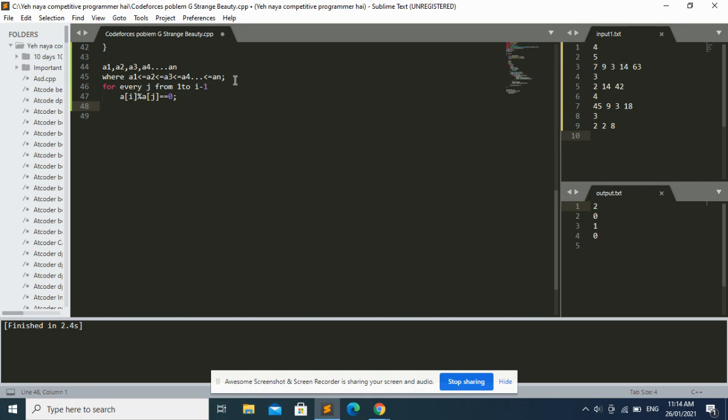My approach will be to find the length of the maximum array which is beautiful. If I can find the length of the maximum array, I will get the minimum number of elements to be removed to make the array beautiful, because maximum and minimum are complements of each other. You can easily understand by thinking a little bit.